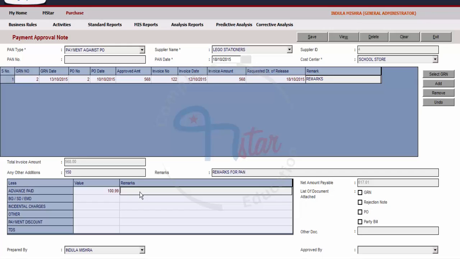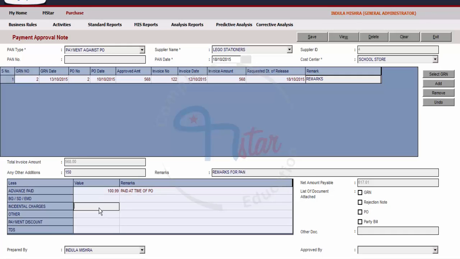Enter any remarks if required. In this, you can enter 50 characters and both text and numbers can be entered, with limited special characters only allowed. In case any BG, SD or EMD amount is applicable, the same can be entered in the value column and remarks can also be entered.